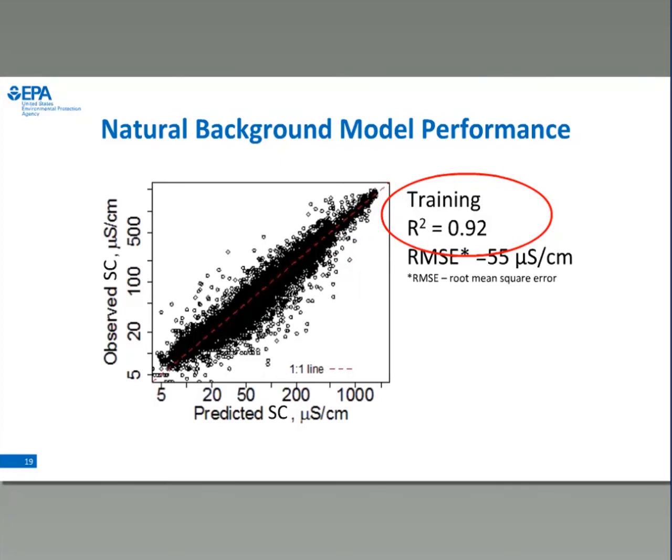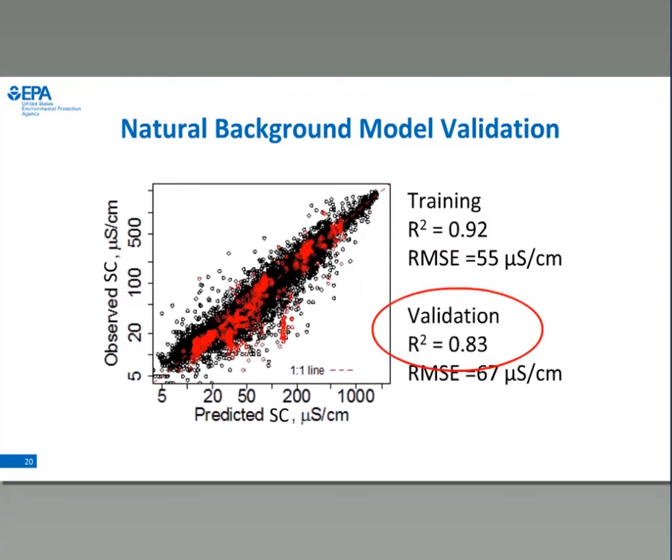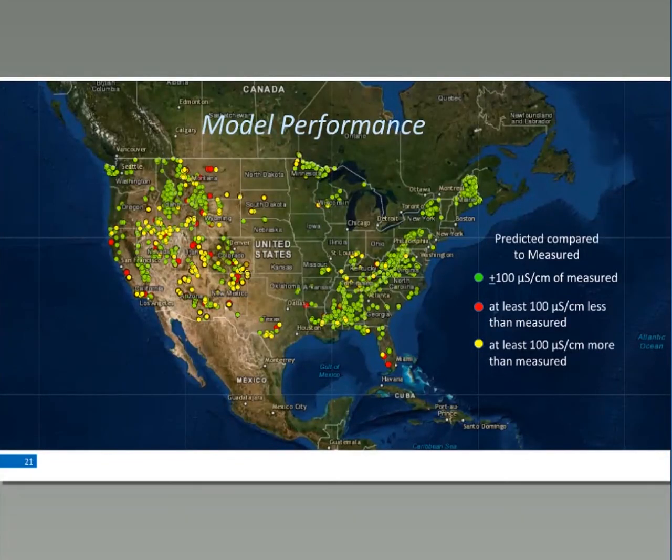Here's the model. It's always nice when you get a good fit. And you can see the R-square and the RMSE are very good. Then when we ran it with the additional validation data set, you can see we have a pretty good fit. Not as perfect, but not bad. And if you take out these few points, then you have a really good fit. So we're pretty happy with the model, but all models, as you know, are not the same thing as a